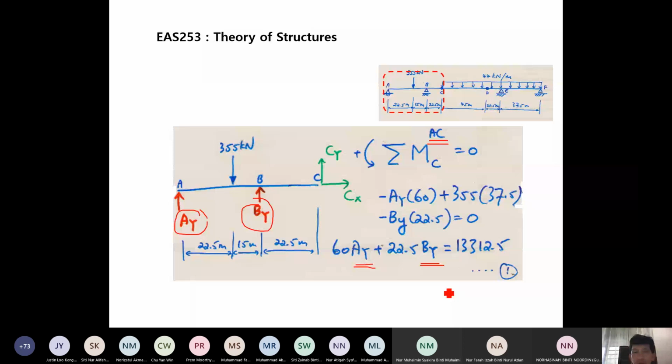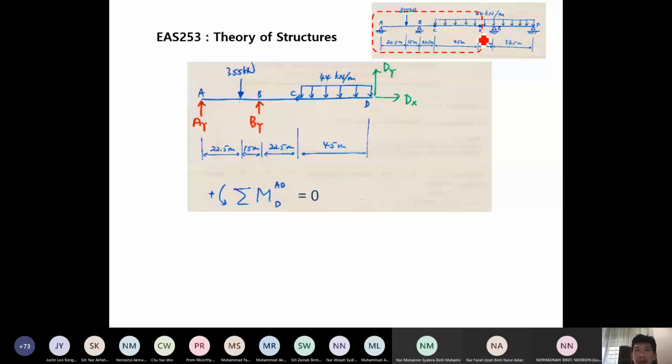So we call this equation 1. To solve this, we need another equation involving AY and BY. Where do we find this? This is the next one. We cut at the second hinge there, which is at hinge D, and we draw the free body diagram of